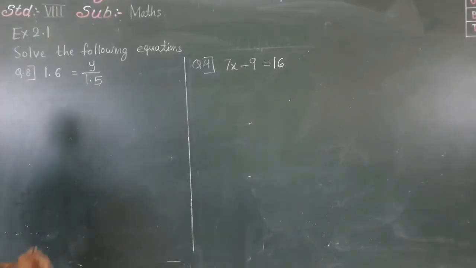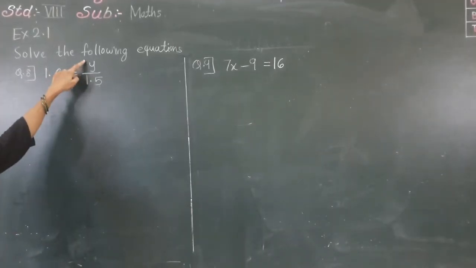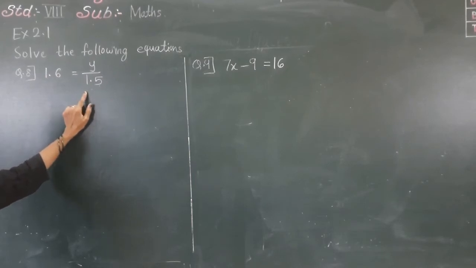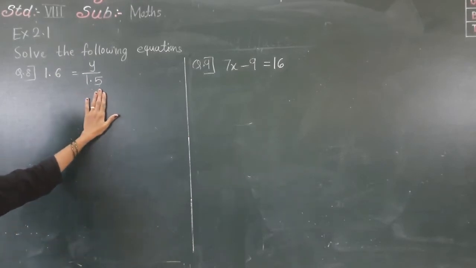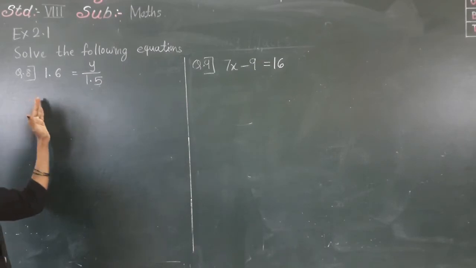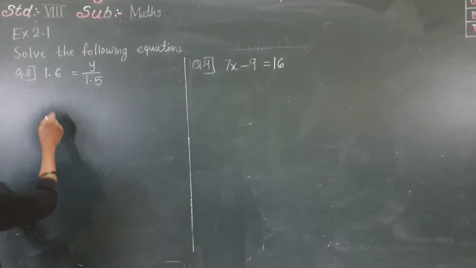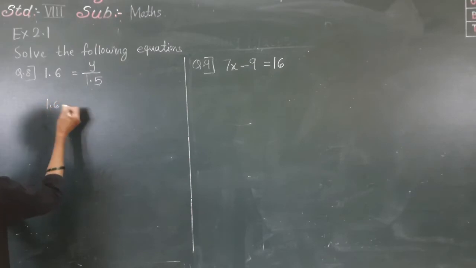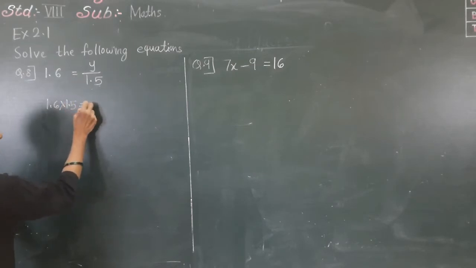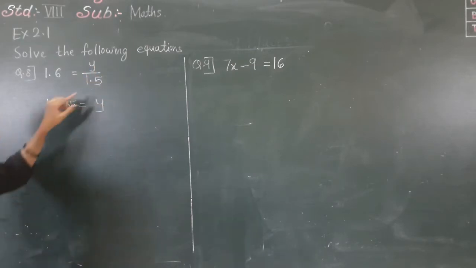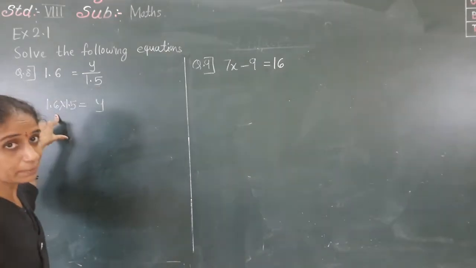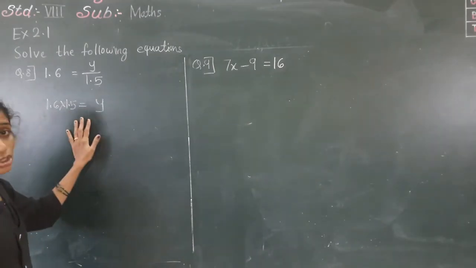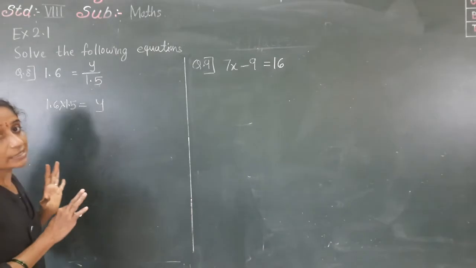Let's solve question number 8. 1.6 is equal to y upon 1.5, which means y divided by 1.5. Now 1.5 is divided here. If we transfer it to the left hand side, then it will become multiplied. So write this 1.6 as it is, multiplied by this 1.5, is equal to, sign as it is. Now write y here. See, 1.5 is divided here. If we transfer it to the left hand side, then it will become multiplied. Okay, now do the multiplication of these both numbers. Now see, the multiplication